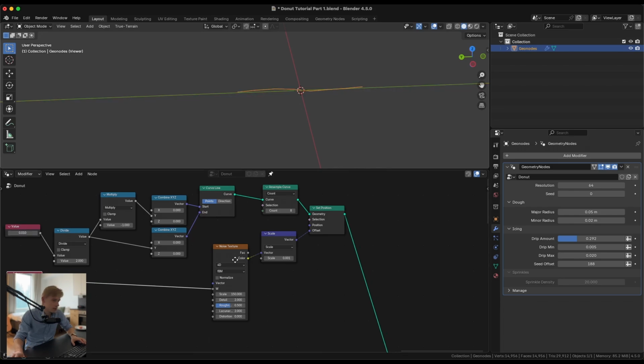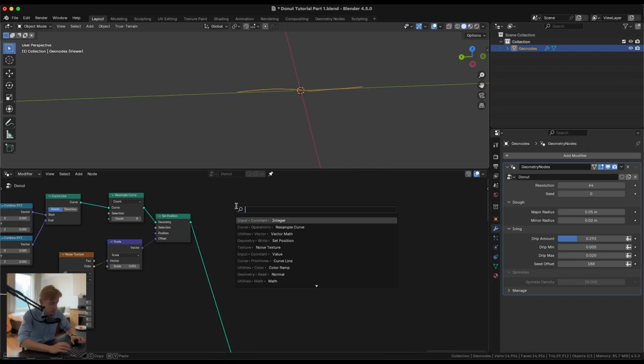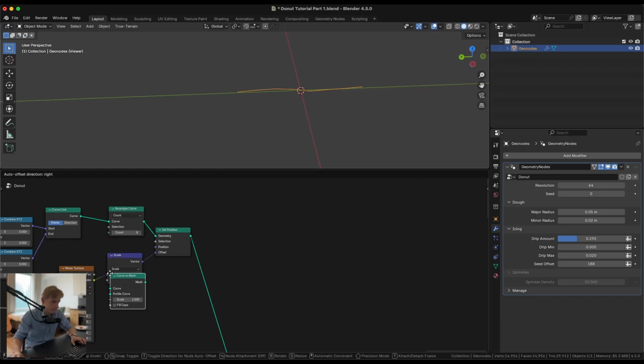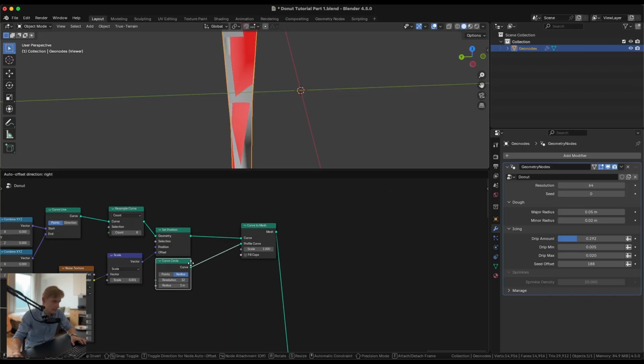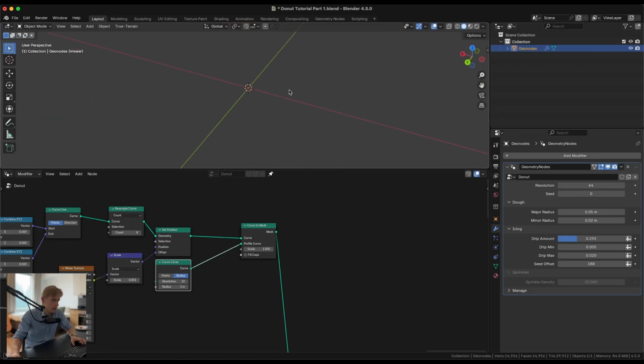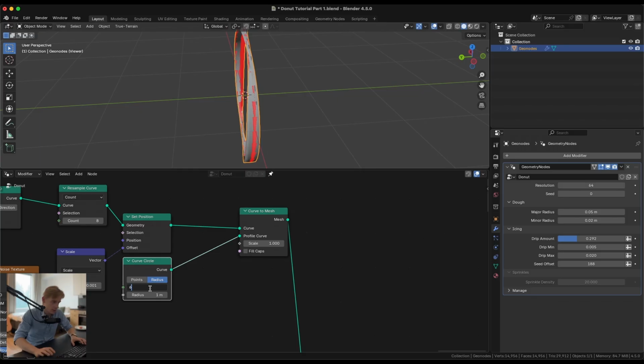Perfect. And then the same as last time when you're using the curve to mesh, we're gonna take a curve circle, and you can see now it's a huge circle. Set the resolution to something really small. 6 seems fine, and the radius, a sprinkle is like 1 millimeter thick, so we're going to take 1 millimeter divided by 2,